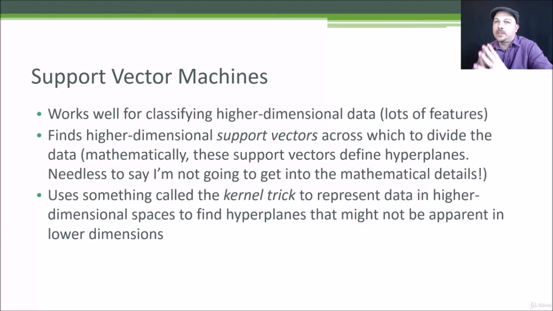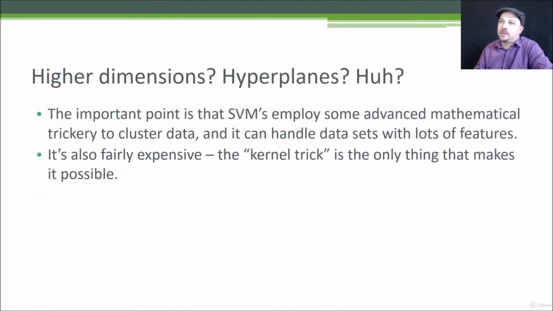Mathematically, what it can do is find these higher dimensional support vectors, that's where it gets its name, that define these higher dimensional planes that split the data into different clusters. And obviously the math gets pretty weird pretty quickly with all of this. Fortunately, the scikit-learn package will do it all for you without having to actually get into it yourself. Under the hood, you need to understand, though, that it uses something called the kernel trick to actually find those support vectors, and there are different kernels you can use to do this in different ways. All sounds very fancy, but again, the main point is